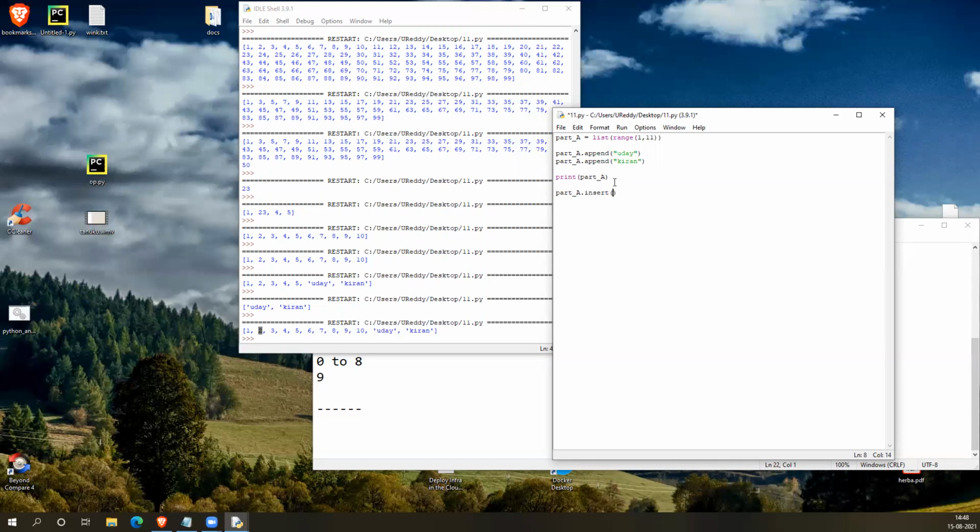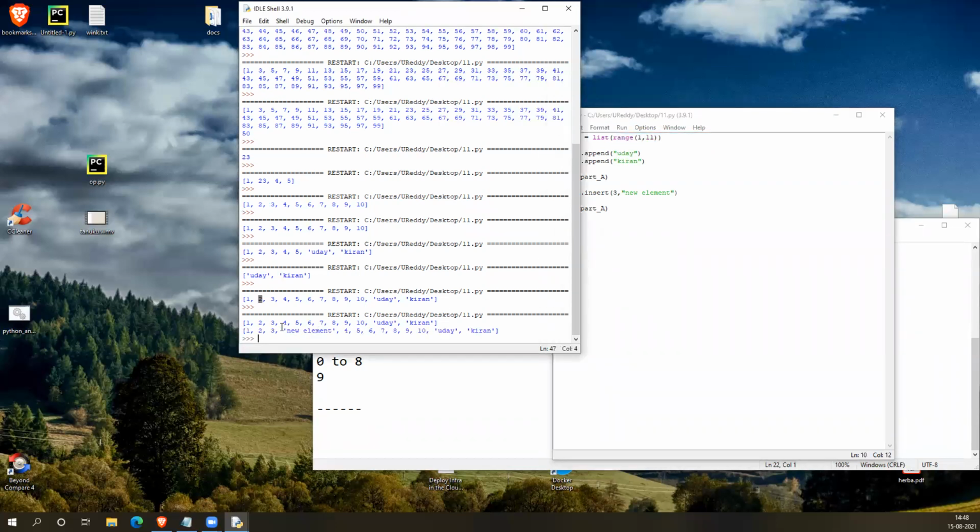Let's say at index 3. Index 3 will be this value 4 at present. At index 3, I will add a new element, let's say a new element.